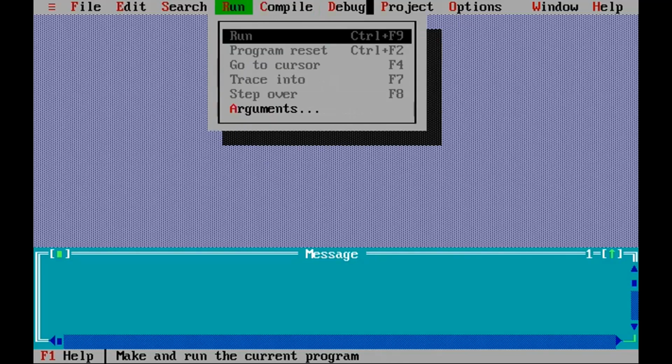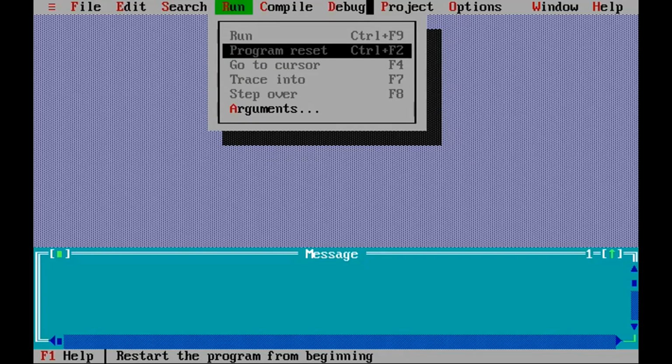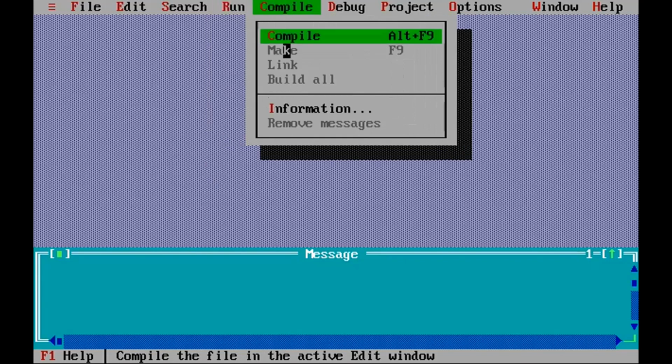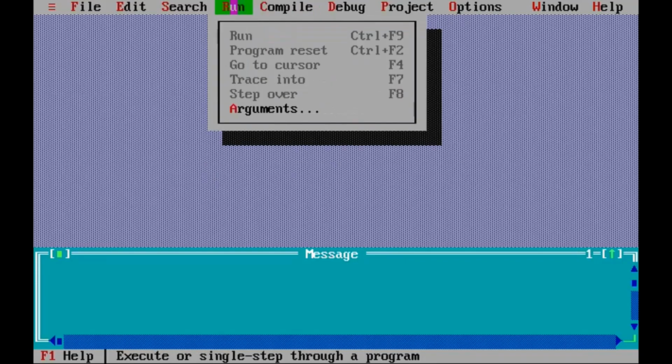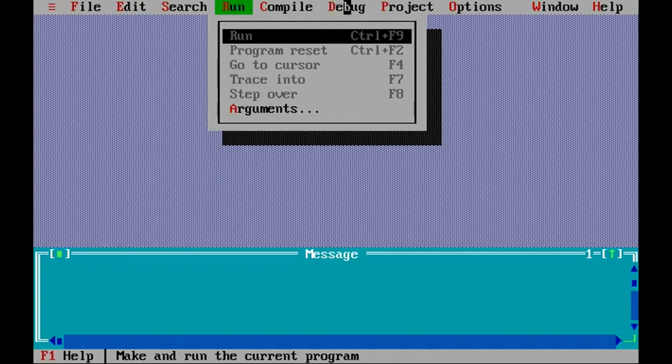So this is the Run menu, and in this Run menu the first option is Run. Using this Run option or the shortcut key mentioned there, Control F9, you can run or execute the program. So these two options are useful for us: the Compile option in the Compile menu, and the Run option in the Run menu.